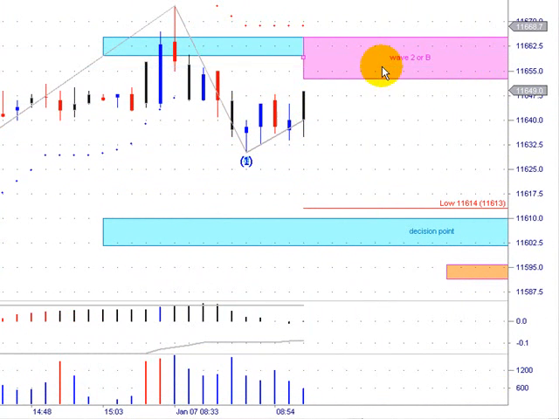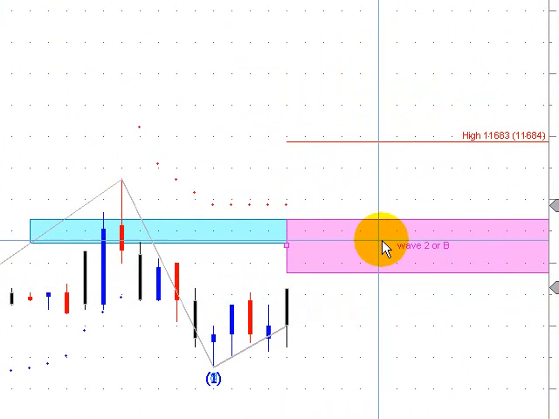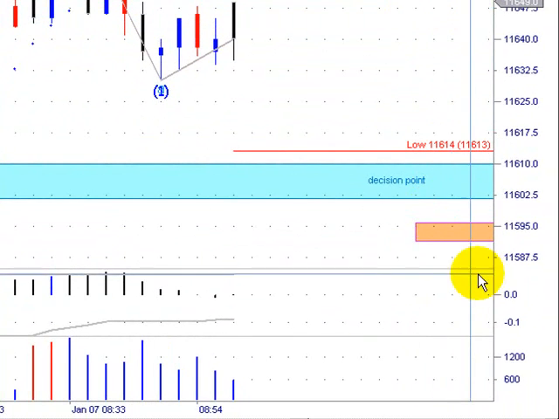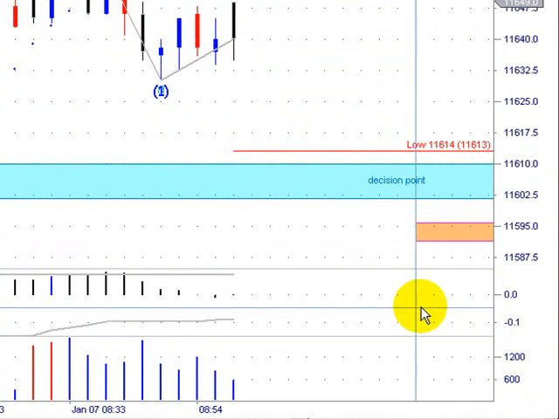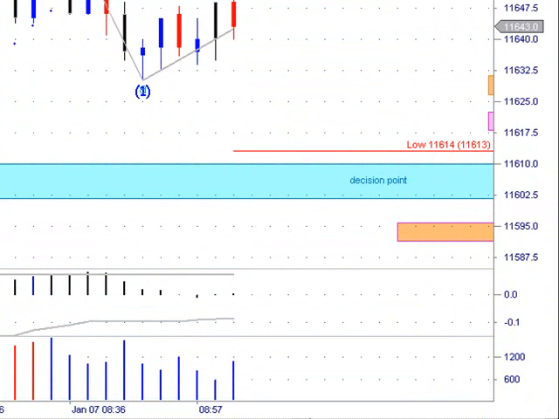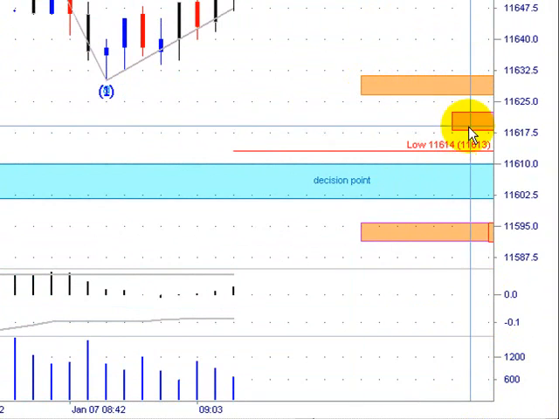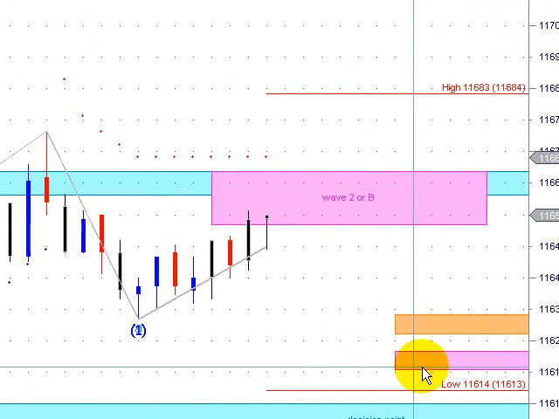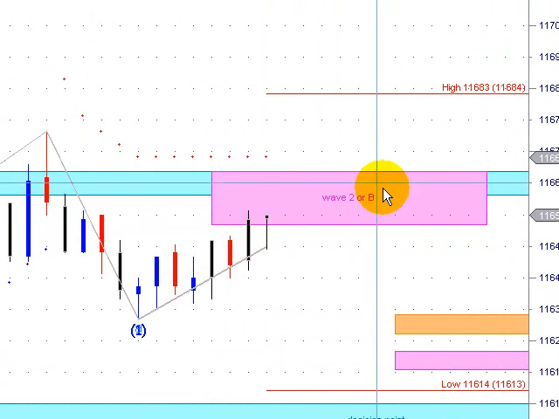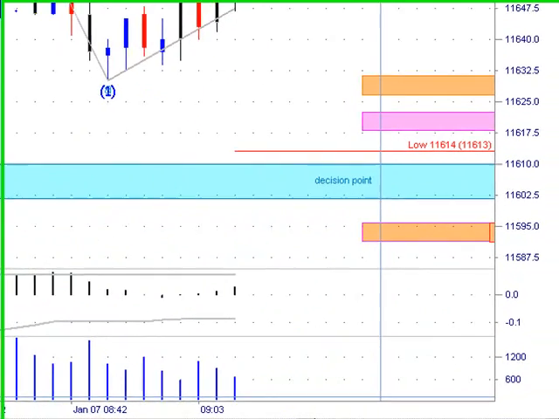I projected then up our wave 2 or B resistance area. This is the area we expect the market might come into and fail to make a new high here, and then we could look to short with a target. Here's our minimum wave C target and our typical wave C target here. So the market's starting to move into position, and we're in an area where we're anticipating we could trade in. Our trend was neutral here,